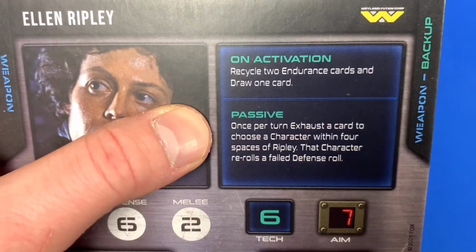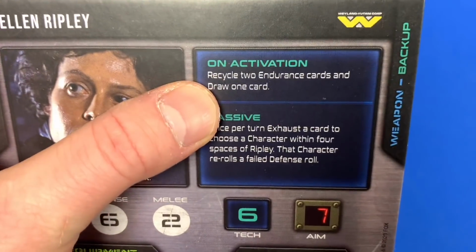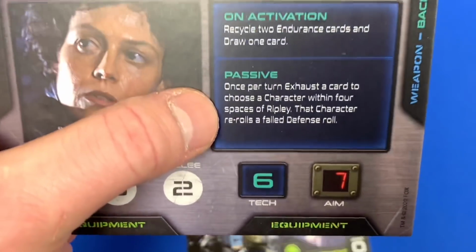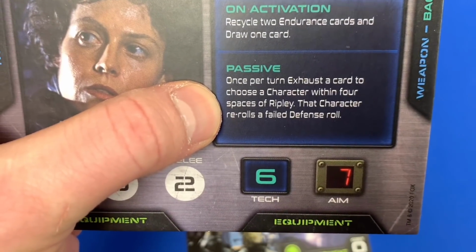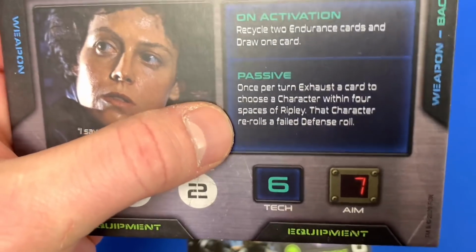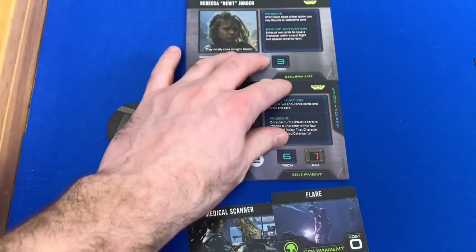She has an on activation: recycle 2 endurance cards, and draw 1 card. So she has to do this, recycle 2 endurance cards and draw a card. She has to do that every turn. It doesn't say may. Also, once per turn, exhaust a card to choose a character within 4 spaces of Ripley. That character rerolls failed defense rolls, so she gets to help people out with her